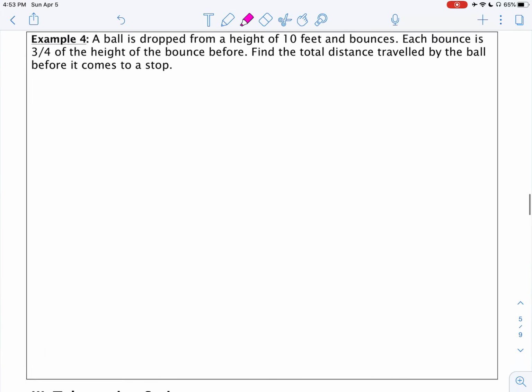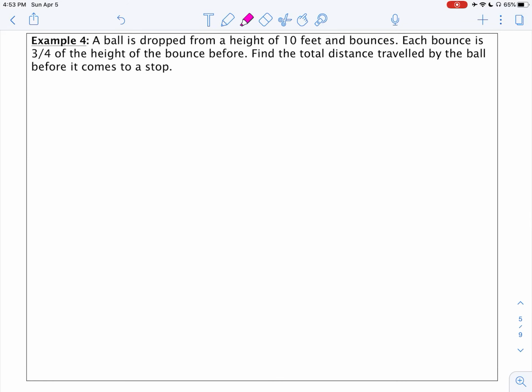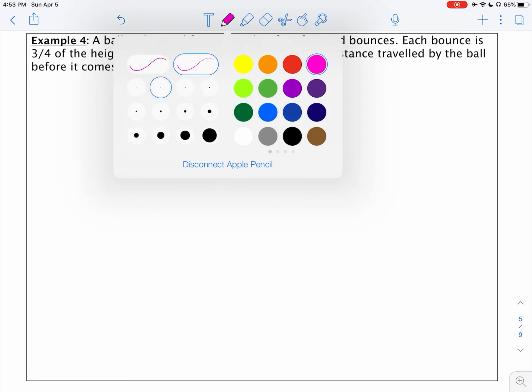It says a ball is dropped from a height of 10 feet and bounces. Each bounce is 3/4 of the height of the bounce before. Find the total distance traveled by the ball before it comes to a stop. So let's think about this. We know that the total distance